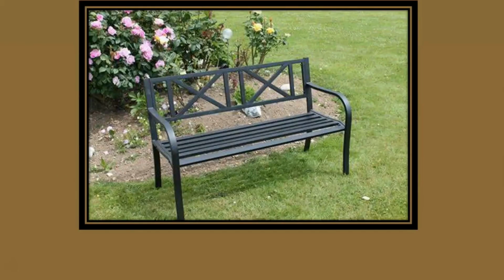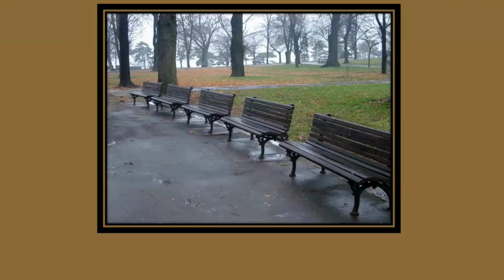One more example. Well, you can write down the name of this object in your book. The name is bench. So this noun ends in CH. And what does the rule tell us to do? Add ES to get the plural. So if you look at this picture, there are so many benches. So benches becomes the plural for the noun bench.